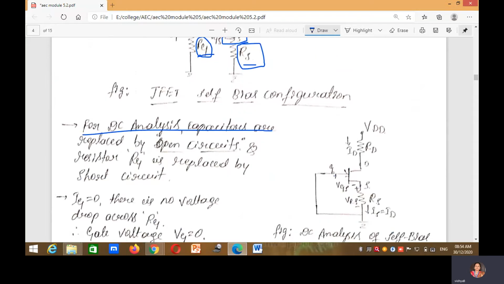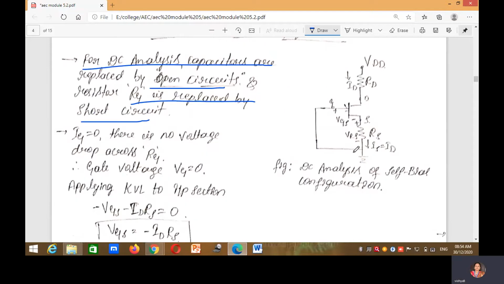For DC analysis, capacitors are replaced by an open circuit, as I have already said. When you draw a DC equivalent circuit, the input side and output side capacitors will become open circuit, and resistor RG is replaced